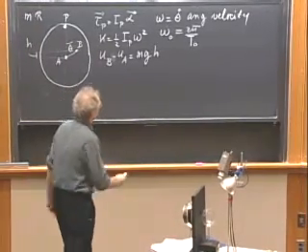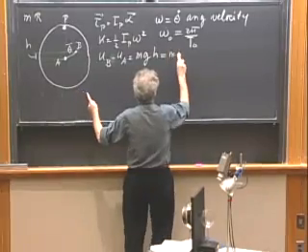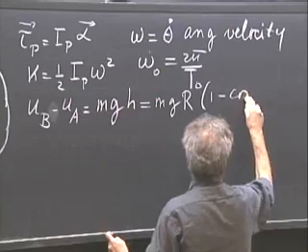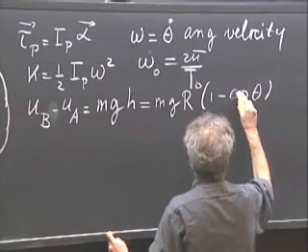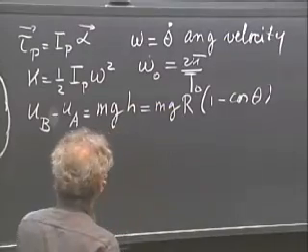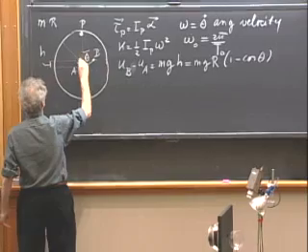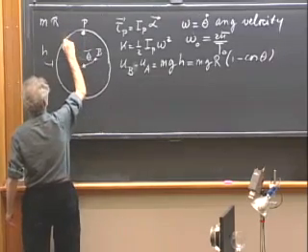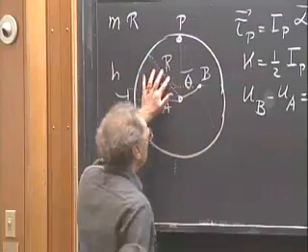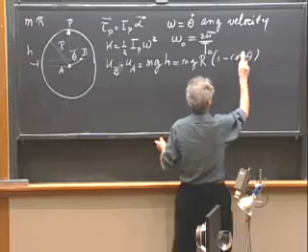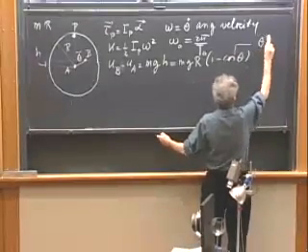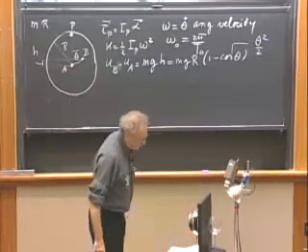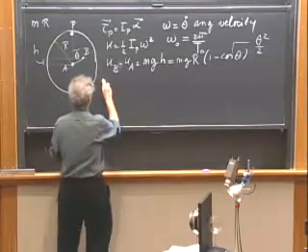Now h is very easy. h is the same as r times 1 minus the cosine of theta. We went through that many times, so you can easily confirm that. R is the radius of this circle. This is the radius. Now, for small angles, the cosine of theta is approximately theta squared divided by 2. And so I can rewrite this now, that E total